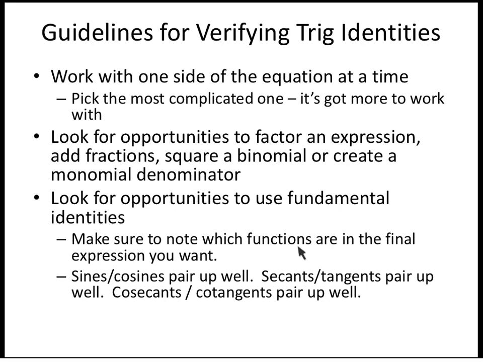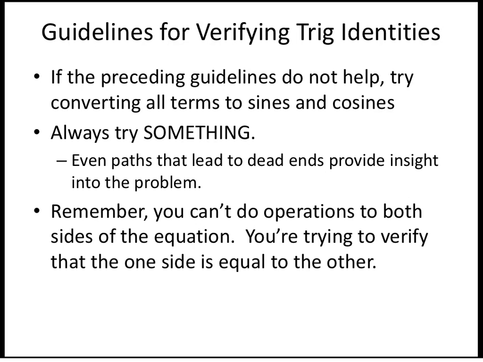So make sure to note which functions are in the final expression that you want. Note that sines and cosines pair up well because of sine squared plus cosine squared equals 1. Secants and tangents pair up because of 1 plus tangent squared equals secant squared. And cosecants and cotangents also pair up for those Pythagorean identities. Now, if the above guidelines did not help, try converting terms to sines and cosines, especially with tangents and cotangents,